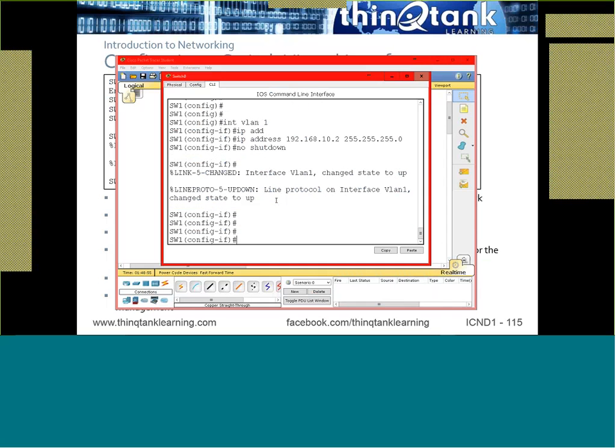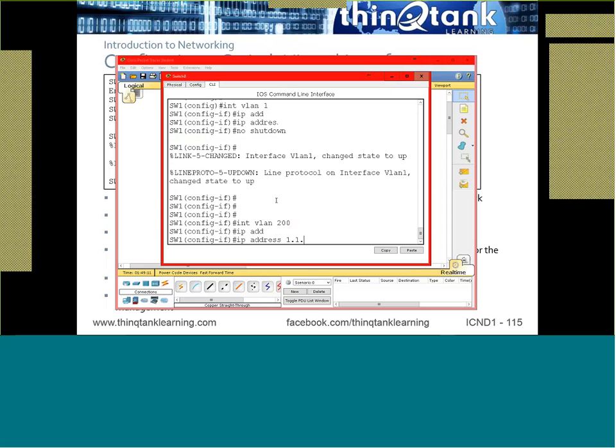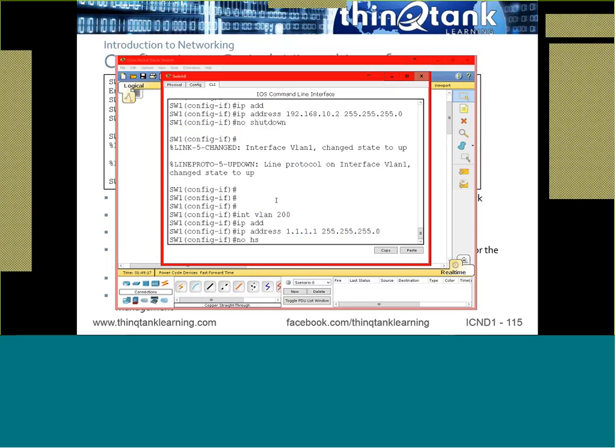An SVI is not a VLAN, and a VLAN is not an SVI. Now, we're going to talk about VLANs a couple of days from now, but if I come in here and I say interface VLAN 200, and I give that an IP address, you guys don't do this, but if I give that an IP address and do a no shut,